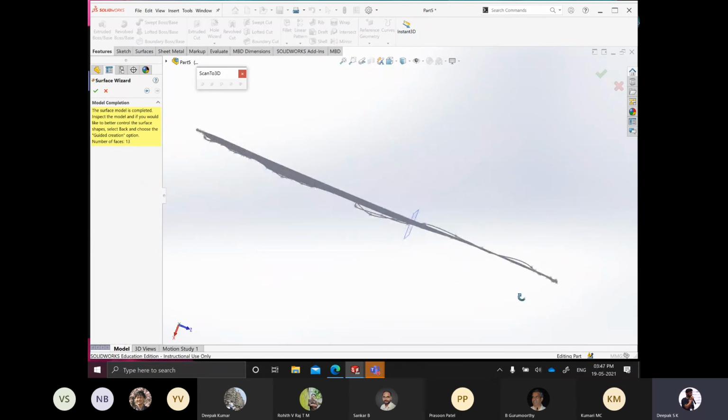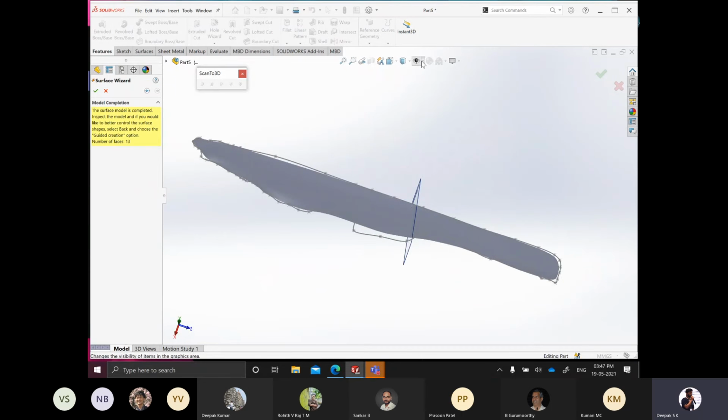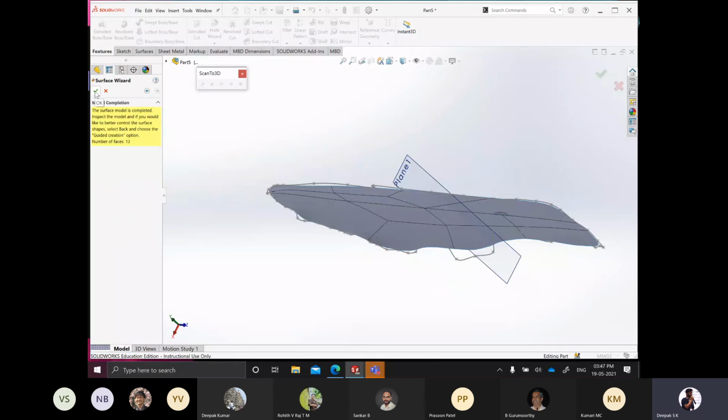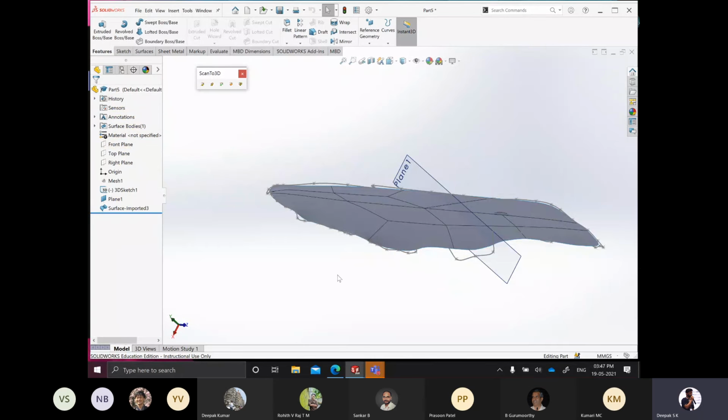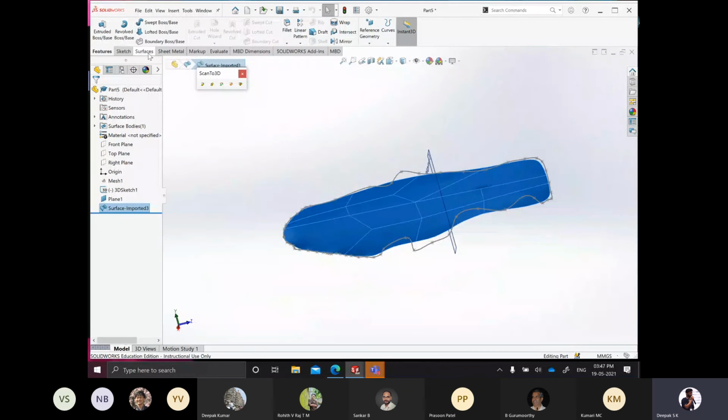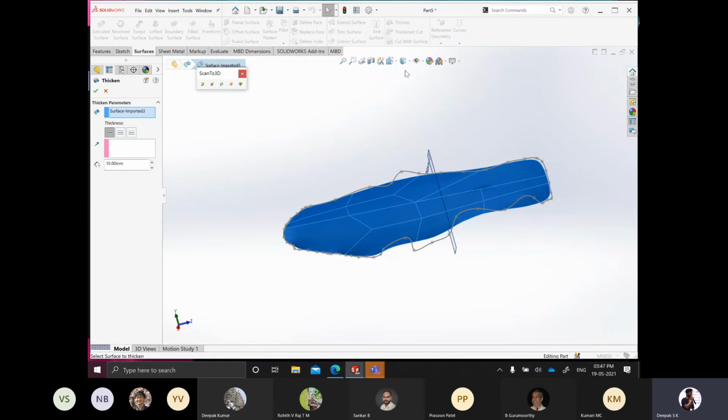Now this is the kind of surface that we have come up with. So we go to the hard model. This is the patch of surfaces that you have come up with. You click on OK to accept these surfaces. So now you will have an imported surface. This surface is the normal surface that you use in SolidWorks. Here you can extrude this, trim this with other surfaces, knit it with other surfaces, and thicken this.